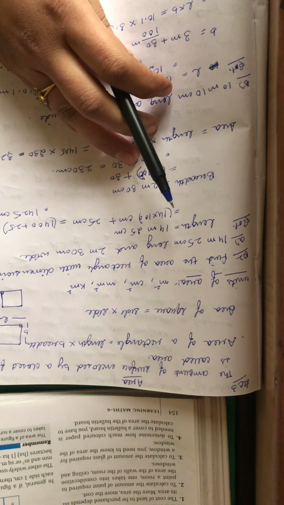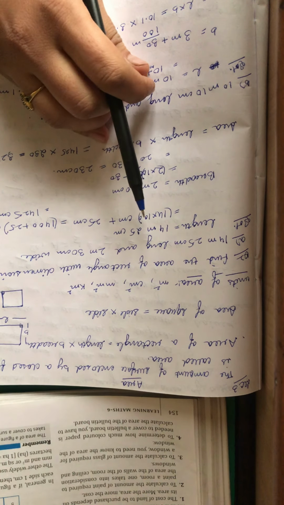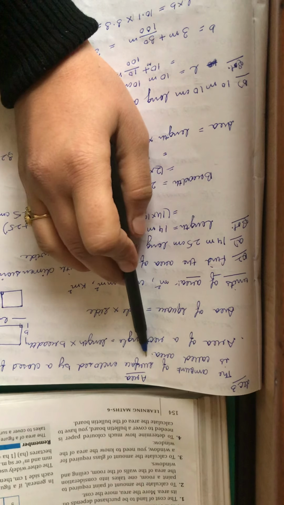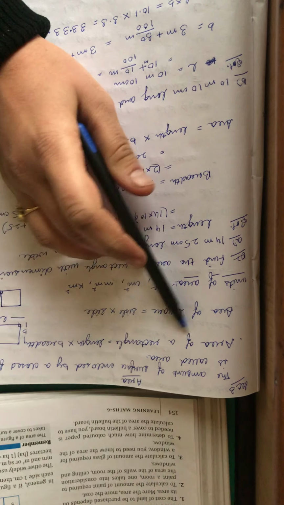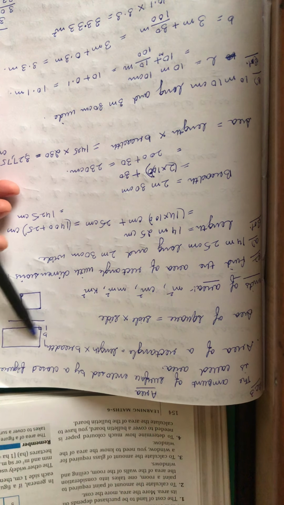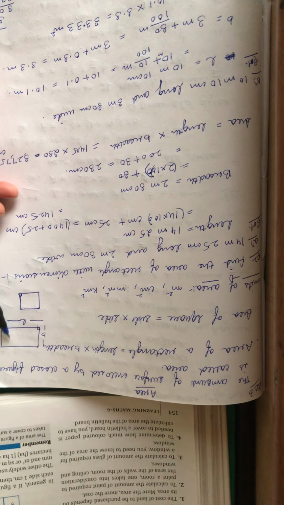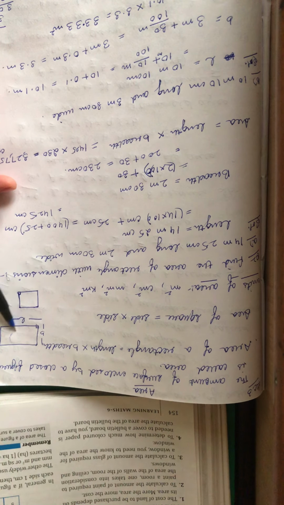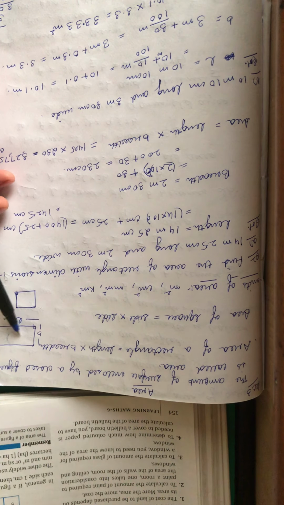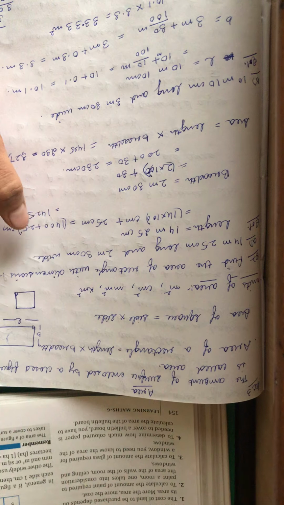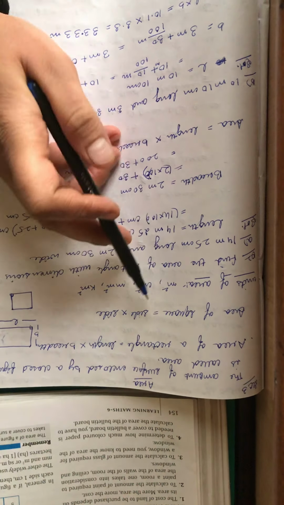As we know, perimeter is the length of the outer boundary. And what is area? Area is the amount of surface enclosed by a closed figure. For example, if this is a rectangle, which is a closed figure, what is the amount of surface enclosed? Means inner also. What is the amount of surface inside the boundary? It is known as area.